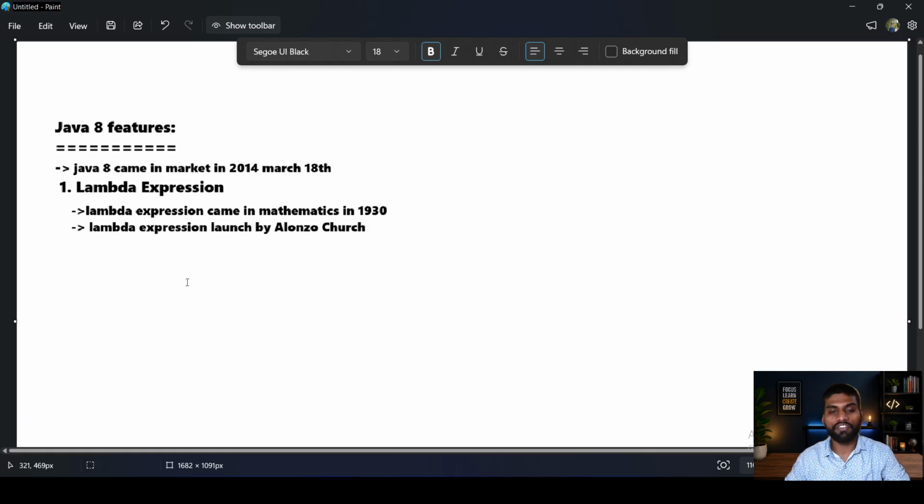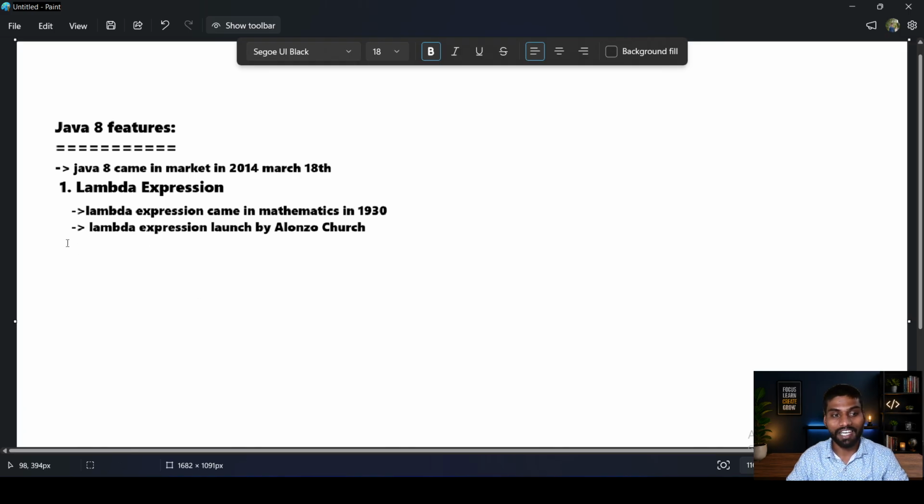And if you are thinking that Java is the first language that is using a lambda expression, then it is your mistake. Definitely it is your mistake, because unfortunately Java is the last language that is using a lambda expression. Okay, so which is the first language that used lambda expression?